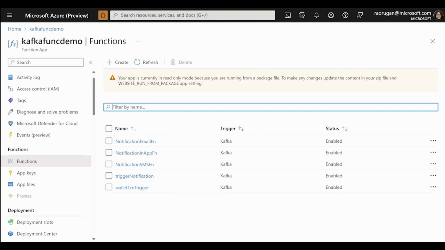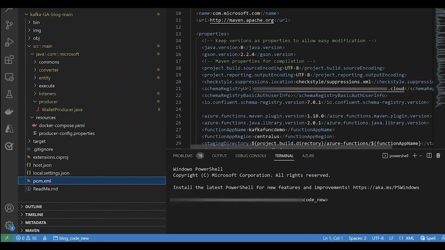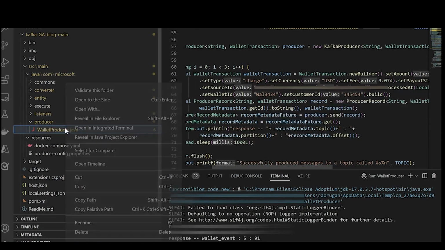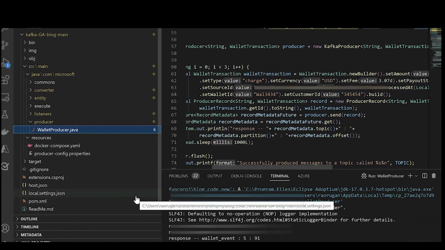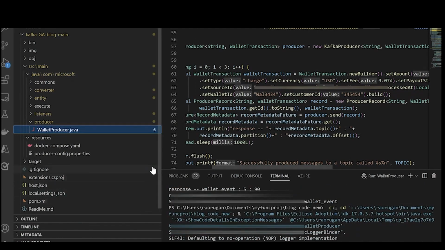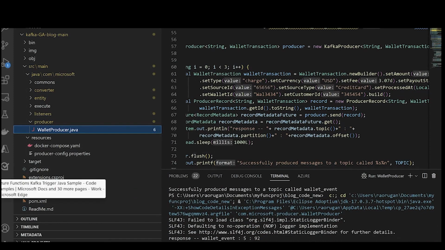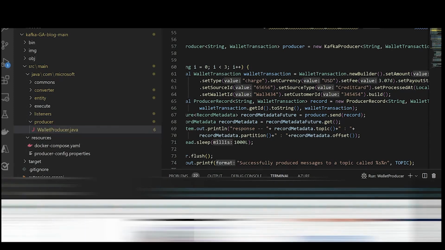For that, we'll switch to Visual Studio Code. Now let's execute the producer code to populate the events. Go to VS Code and run the Java code, which essentially produces events to the wallet event topic. As you can see, the wallet events started to be produced.